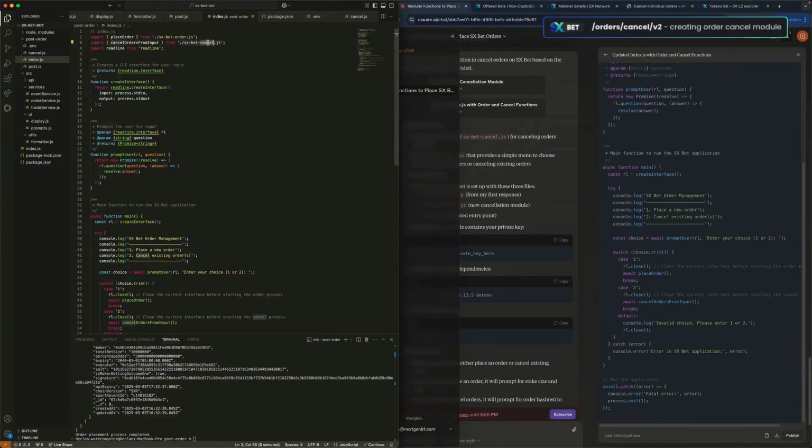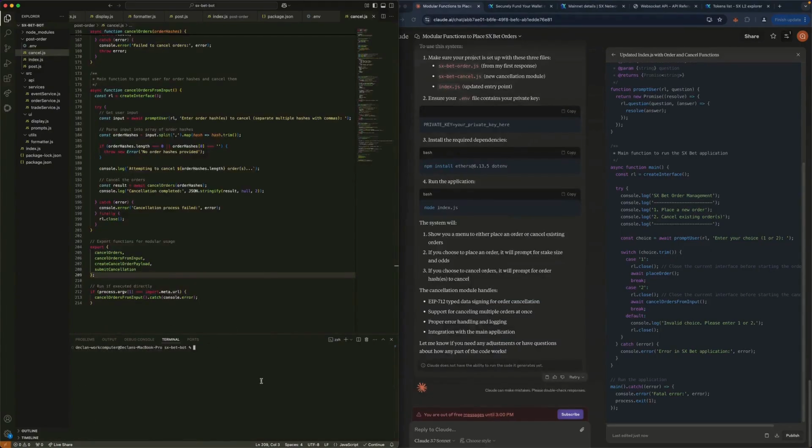And then we'll just need to update the cancel orders to be the cancel file. So cancel.js orders to post.js. So let's go ahead and save that. So let's just go ahead here and try placing an order, and then we will get the order hash of that order from the terminal when it prints out here, and then we will use that to run the cancellation part of the program. So let's just go ahead and, first navigate again to post order, since this is a